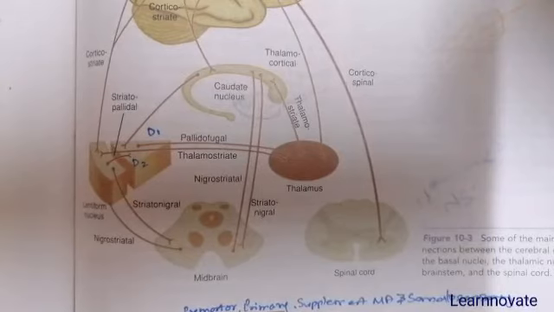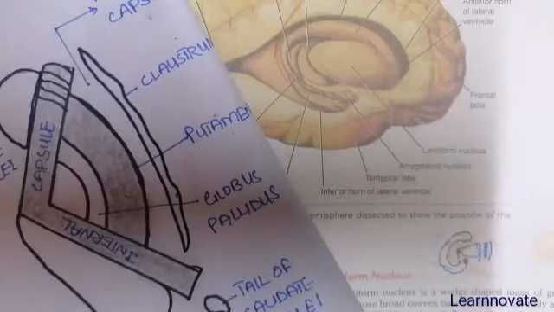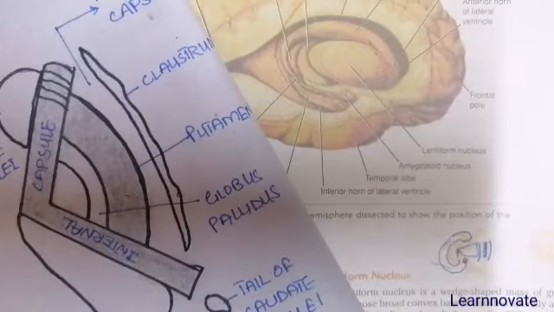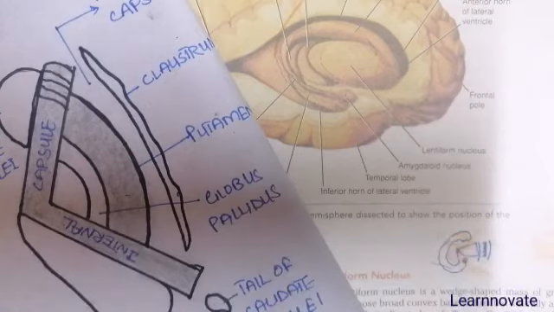Now we will discuss the major roles and functions of the basal ganglia. The major and most important function of the basal ganglia is the maintenance of posture and voluntary movement. The basal ganglia also help in controlling learned motor skill movements, the fine motor skills, including your writing, singing, signature, playing, and all the things that require fine motor control. They are under the control of the basal ganglia.